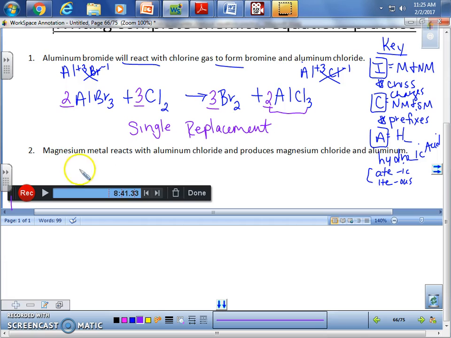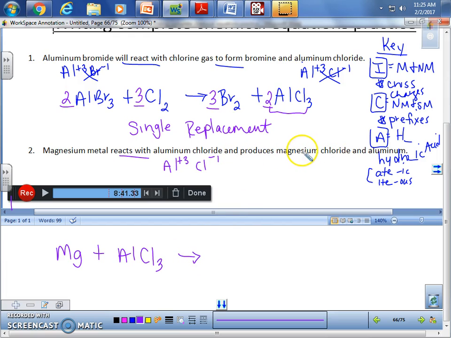All right, so I'm going to do it down here. Magnesium metal, Mg. Okay, is it part of Hofbrinkel? No. It has a positive 2 charge, but that doesn't matter. It's not in a compound, so you're not crossing it. It does not get a 2. Do not write a 2 next to it unless it's in Hofbrinkel. Reacts with, plus sign, aluminum chloride. That's a metal, so I've got to cross my charges. So it's AlCl3. And produces